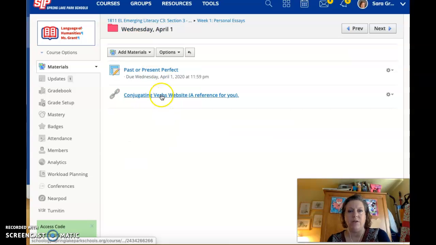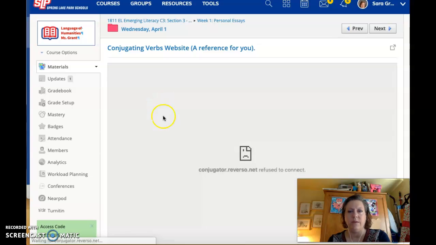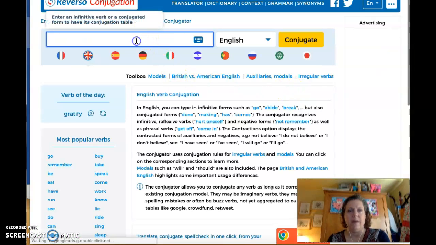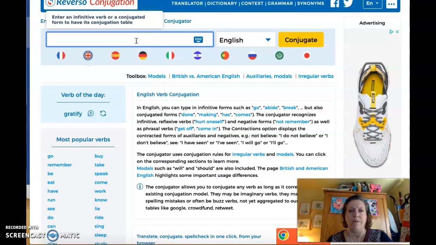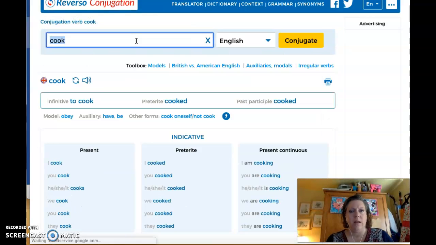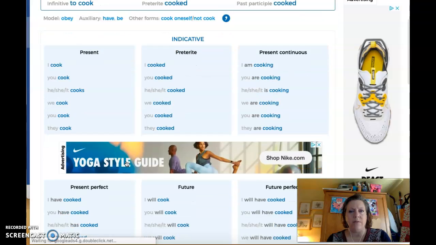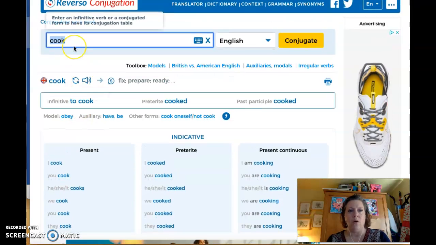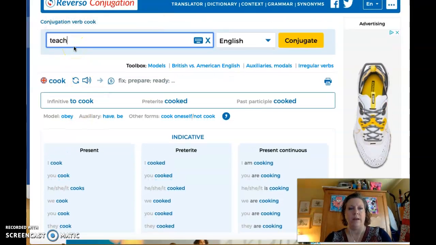The other thing I wanted to show you is this is actually a link to a website that is super useful if you are conjugating verbs. So for example, if you want to figure out what the past participle is for a verb, let's say cook. And you go down to present perfect. That's what we're going to be working on today. You can see I have cooked. Or if you want to look at one that's irregular,